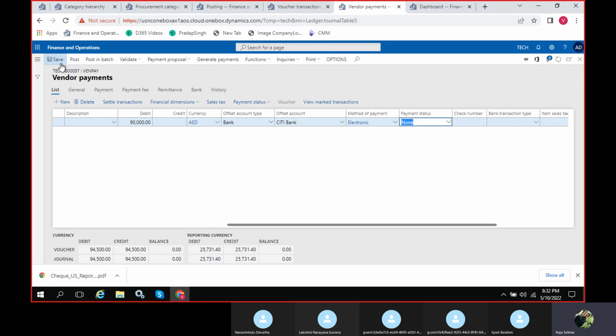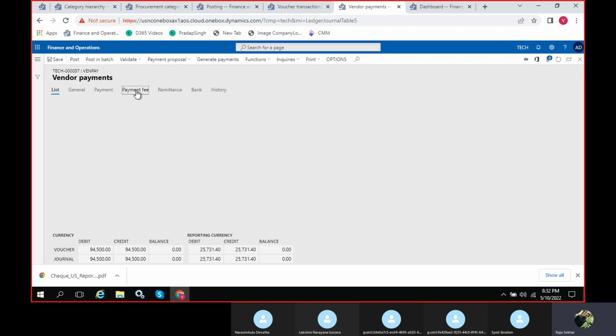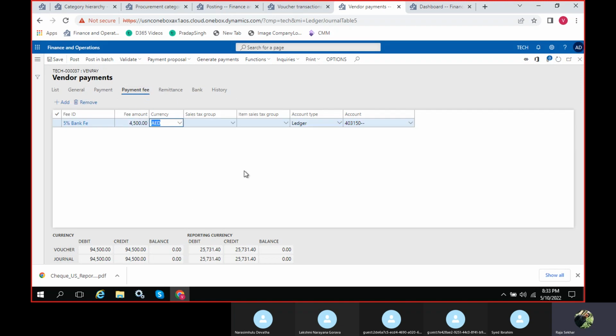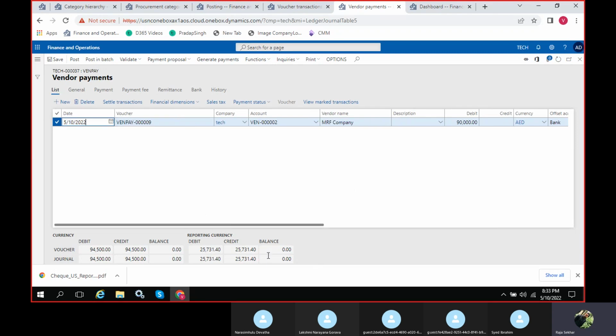Okay, now I'll save this. You can see here payment fees. For 90,000, 5% bank fees is 4,500. If you want to define taxes on your bank fees, you can still define them. Now you can post this.